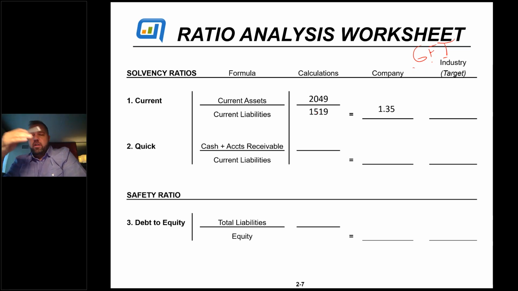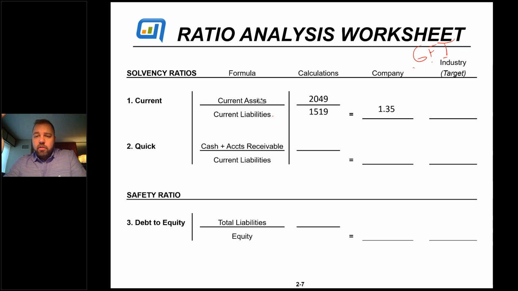Some people will tell you turnover rates, whatever. When I'm talking to business owners, I try to give them good examples to explain what current ratio means. For instance, I give them an example of a current asset, we'll say checking account. I'll give them an example of a current liability, we'll say credit card. So I'll say, hey, listen, here's what a current ratio means. For every dollar you owe on the credit card, you have $1.35 in the checking account to pay for it, right? That's really what we're talking about. So for every dollar you owe, you've got $1.35 to pay for it. And that's what that means.